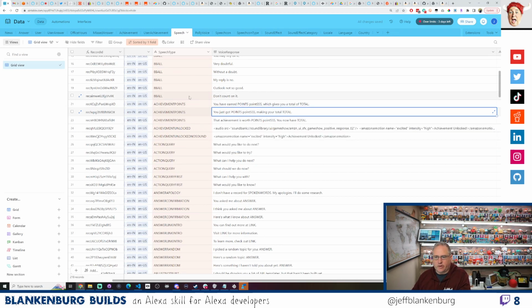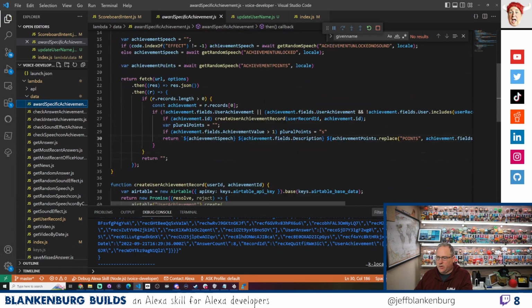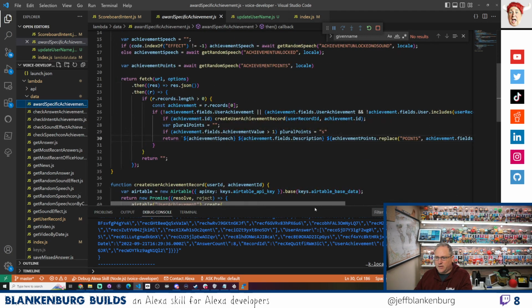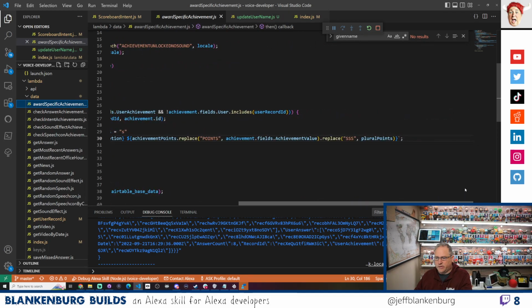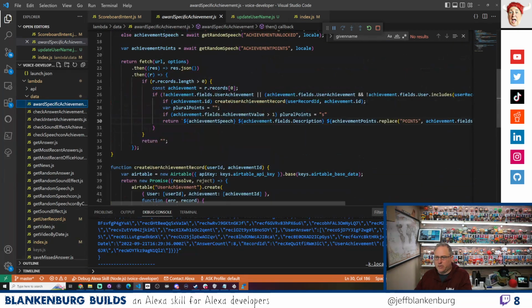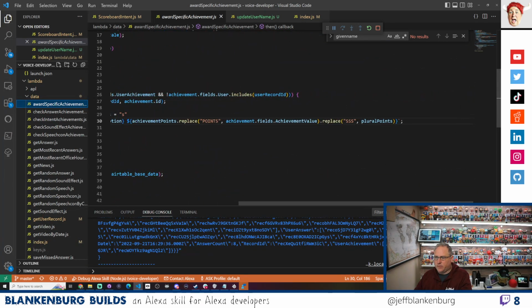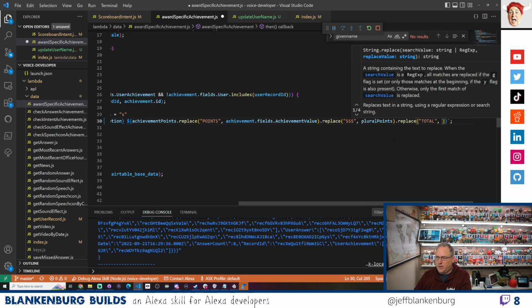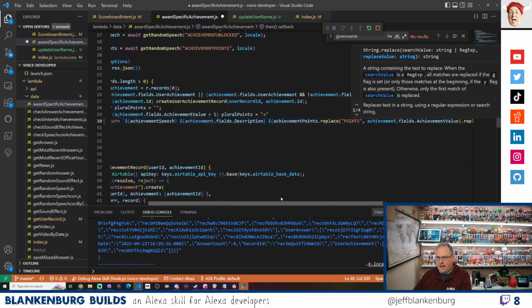So now we need to go into our code and swap out total. So we're doing points here. We're doing the S's there. We probably could just do it right here in line. Is this the only place that I do it? Points. Points. Yeah, okay. So we could just do it right here. Replace total with, and this gets tricky because I need to add,